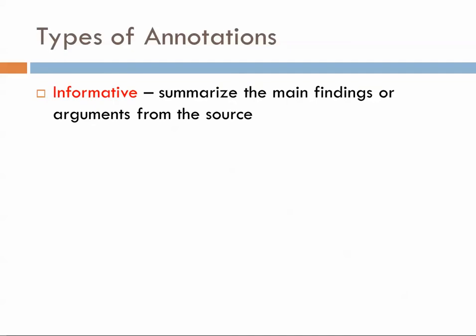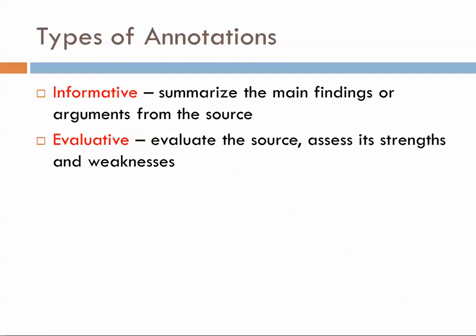Okay, so what are the types of annotations? This is important because when we get to the final project description, you'll see I require specific types of annotation. There are many types. The first is informative. An informative annotation summarizes your main findings or arguments from the source. So it describes objectively what the text